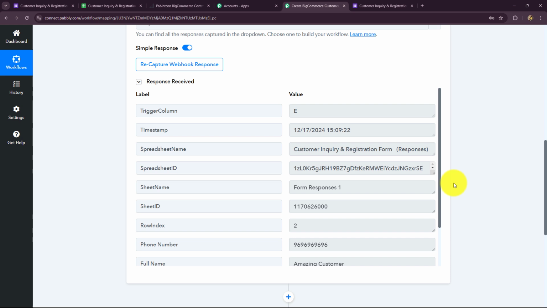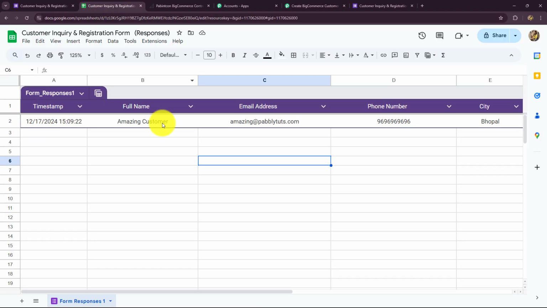We will move back towards Pabbly Connect, and you can see that the response is captured over here. In the response, we have received all the details. So let's start reading them one by one. First of all, we have the trigger column, that is E, which we have decided. Then we have the timestamp, that means the date and time at which the form was submitted. Okay. Then over here we have the name of the spreadsheet, the spreadsheet ID, sheet name, sheet ID,